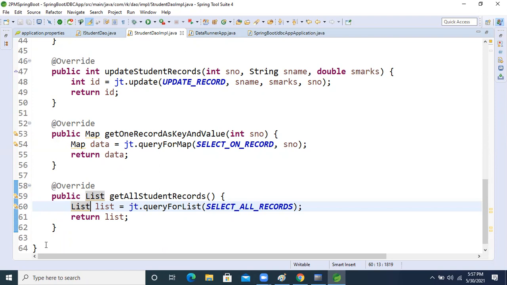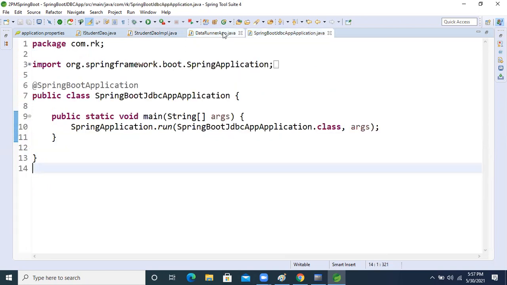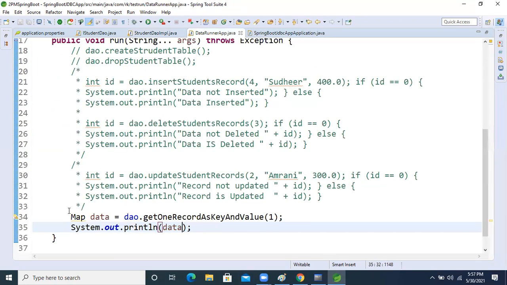We will go inside that data runner class, right? I'm going to use the Java 8 feature here, so I'm commenting this one.